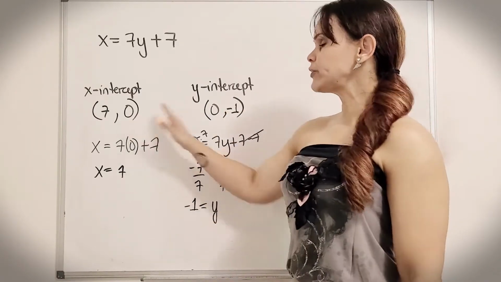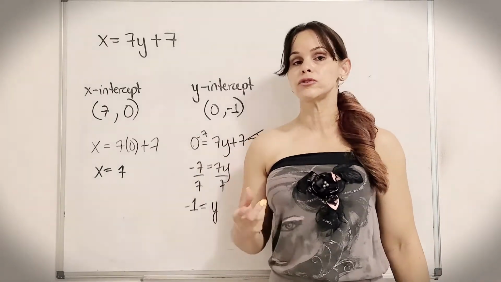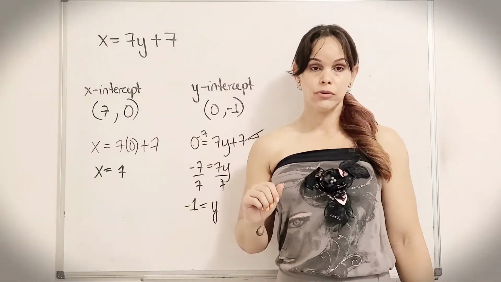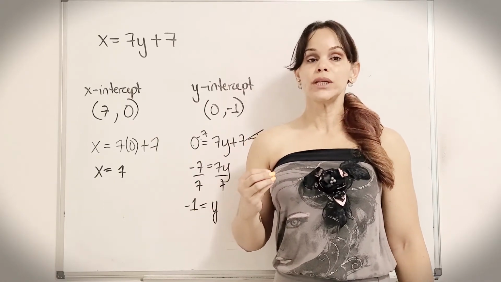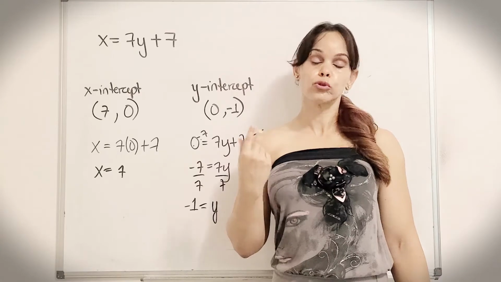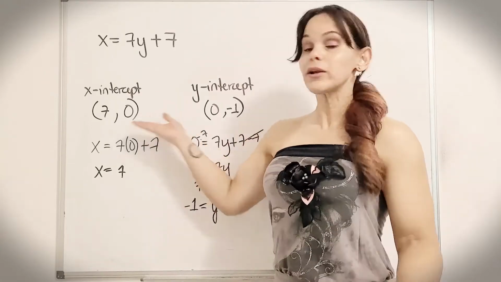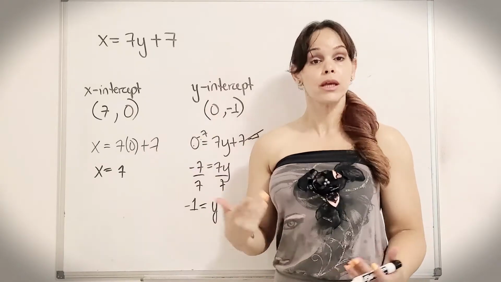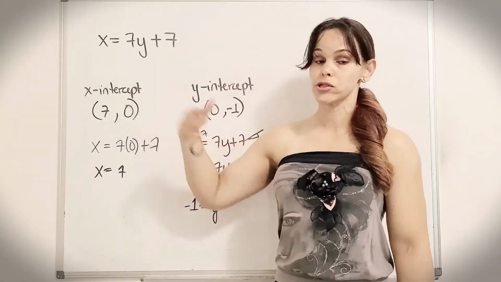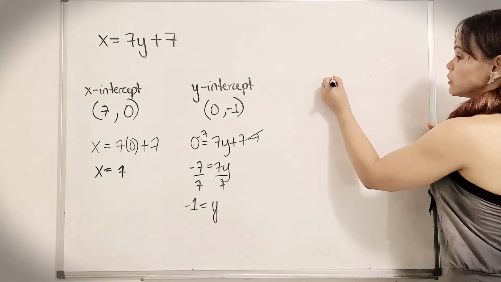And when we have the x and y intercepts, we have enough to sketch the graph of this equation. Since it is a linear equation, the graph is going to be a line, and we need a minimum of 2 points to trace the graph. So what better candidates than the x and y intercepts? Since we have both of them here, it's enough to sketch the graph of this equation. So what do we do? In the coordinate plane,